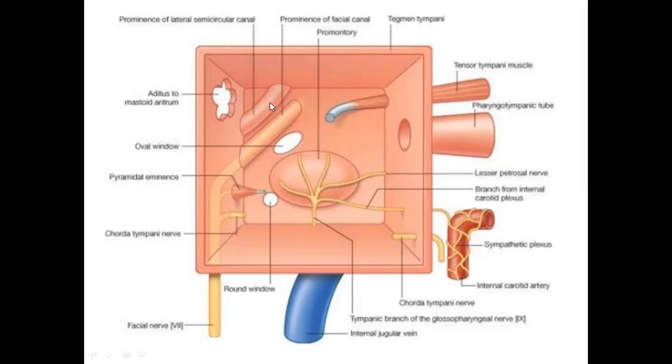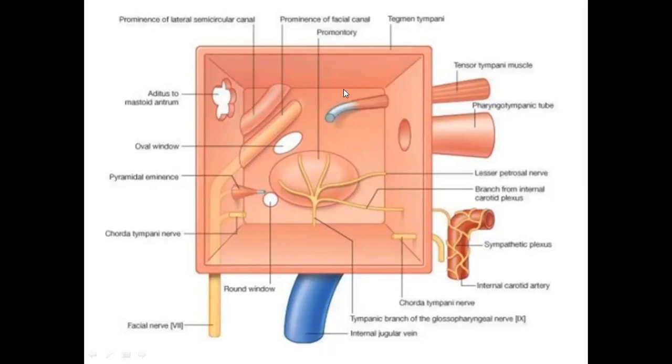So it gives the greater petrosal nerve, which we have discussed, and it also gives the stapedius nerve. So this is a pyramid, which is present on the posterior wall, a bony projection. This pyramid gives the origin to the stapedius muscle. So this facial nerve also gives a branch to the stapedius muscle, and it also gives another branch, the chorda tympani, which contains the preganglionic parasympathetic fibers and also the taste fibers from the anterior two-thirds of the tongue. These preganglionic parasympathetic fibers relay over the submandibular ganglion, and then the postganglionic fibers are distributed toward the submandibular and sublingual glands.